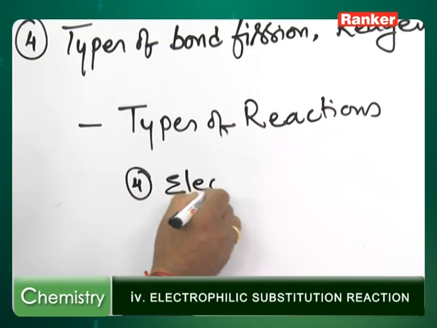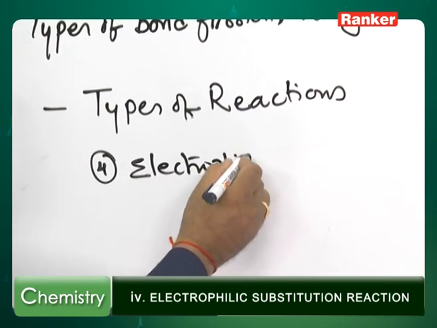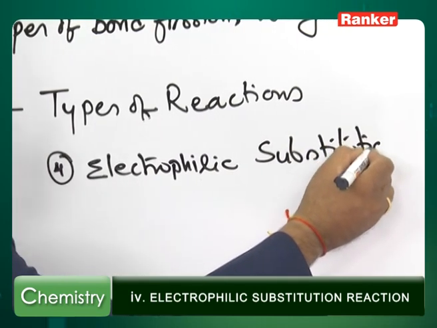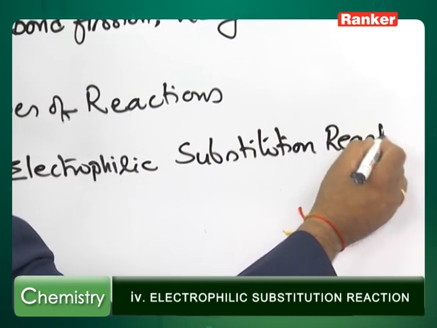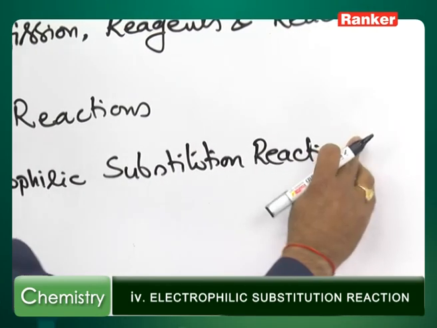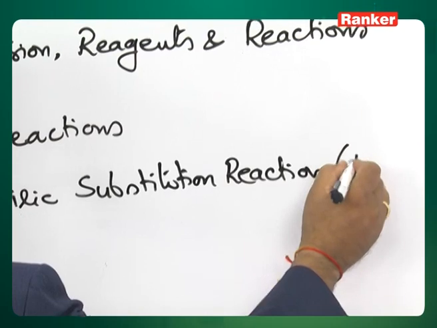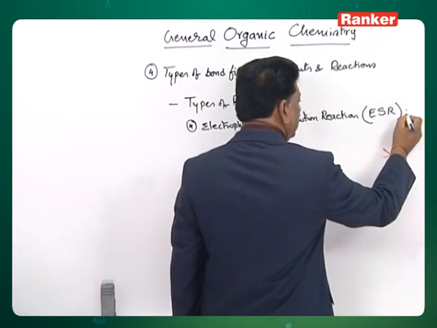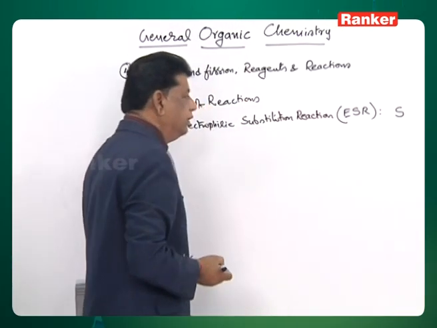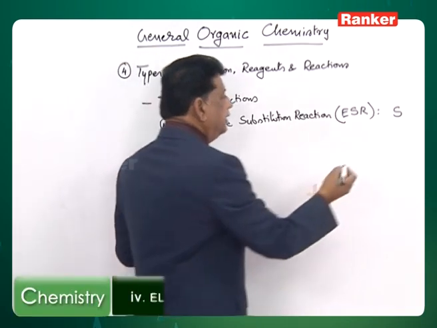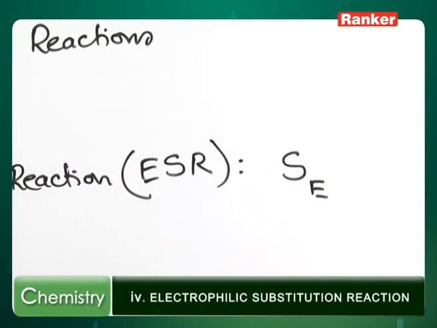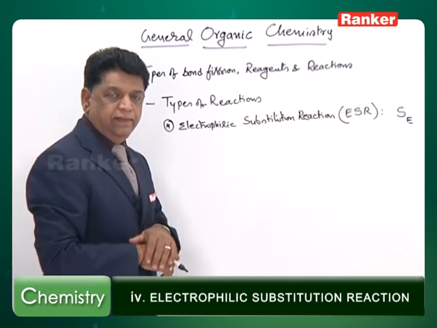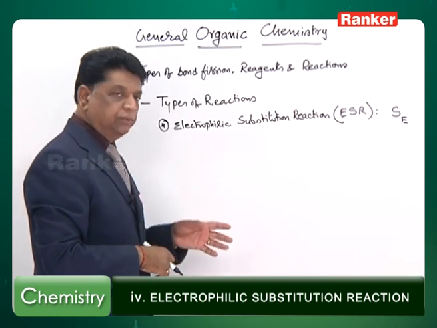Electrophilic substitution reaction. This reaction you can abbreviate as ESR, but substitution is the main reaction. So, therefore, in many books it is given the notation substitution started by electrophile, therefore, SE. Some books also say especially the reaction is in the aromatic compound, therefore, ArSE, that is aromatic electrophilic substitution,